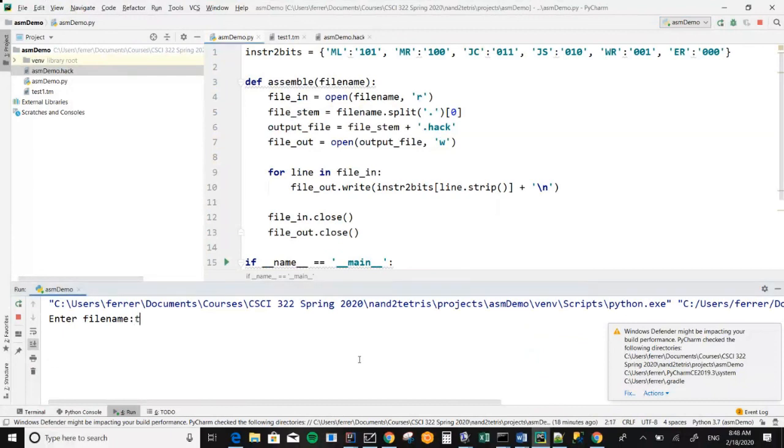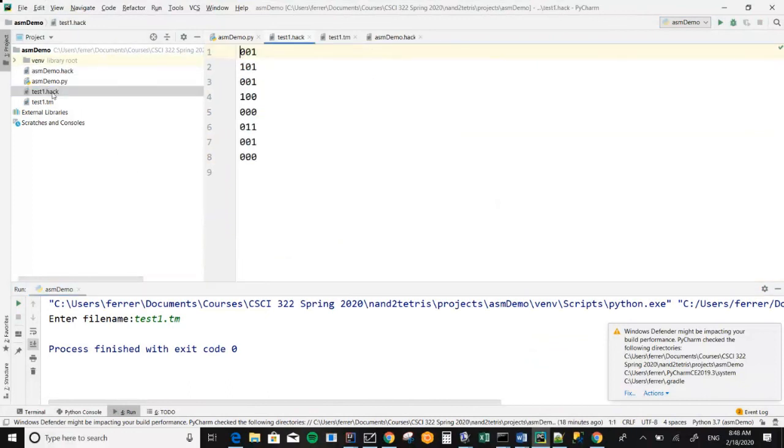So I'm going to give it test1.tm, and now test1.hack has been output. And check it out, we have a bunch of machine language instructions. So we need to have a giant map as well to sort of encode every possible operation that our CPU does, so we can read into its corresponding machine language code. That will work